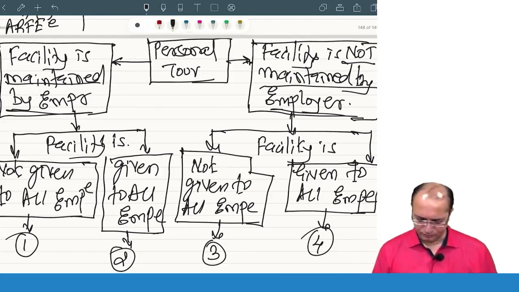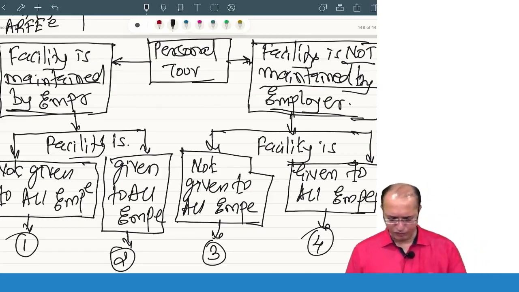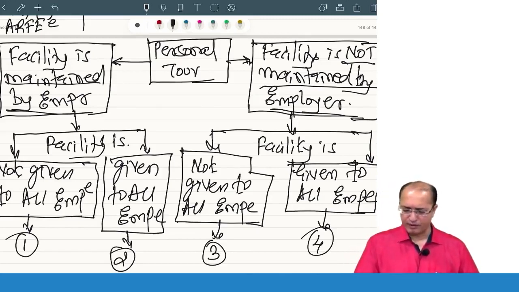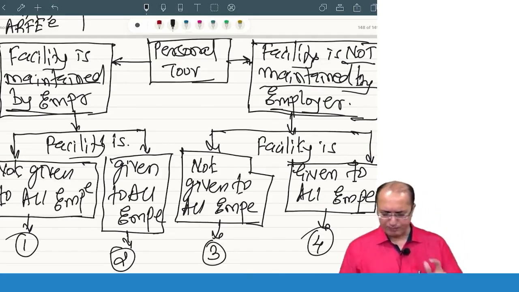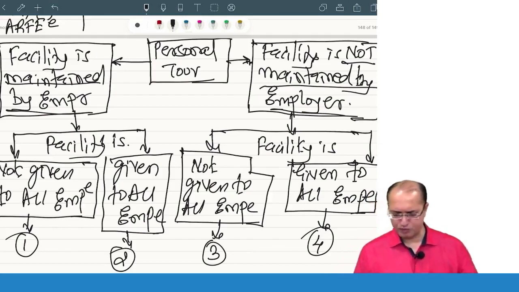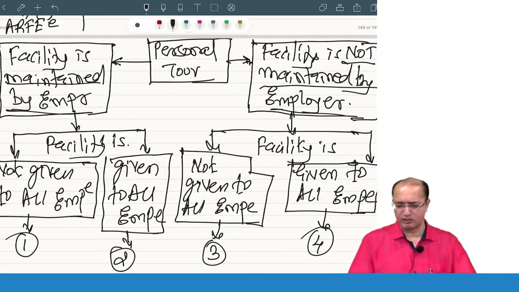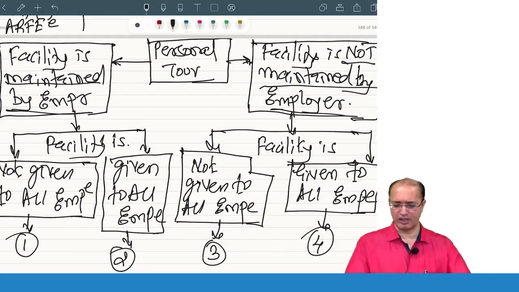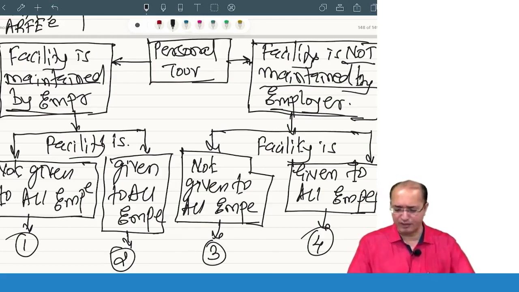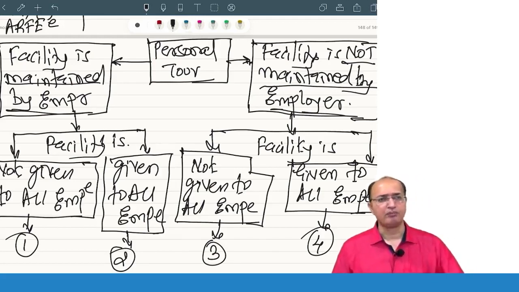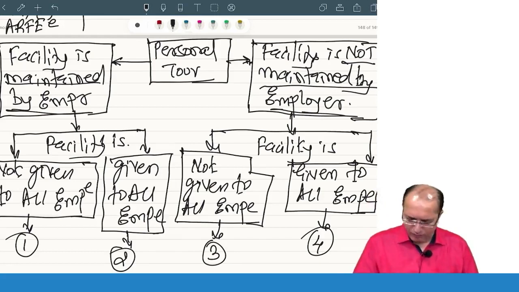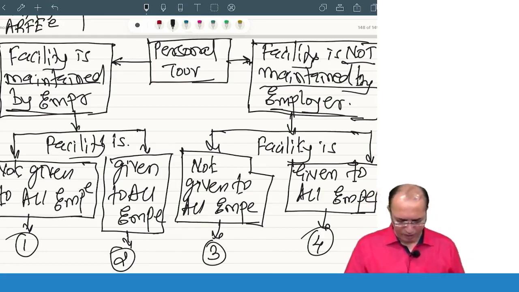Now, can you tell me out of these four possibilities, in which possibility there is a partiality done to a specific category of employees? Out of these four possibilities, in which combination is some partiality being done? Partiality is done in point number 1 and 3, because in point number 1 and 3,